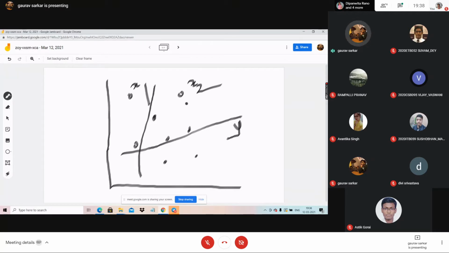Okay, last day we learned about this. I am not going into detail of how it is done. Last day I talked about the cost function and how you calculate distances from all the other points with respect to this straight line to find the optimum straight line. So let's continue from there only. Today let's dive into a real world problem and try to see how it is solved.